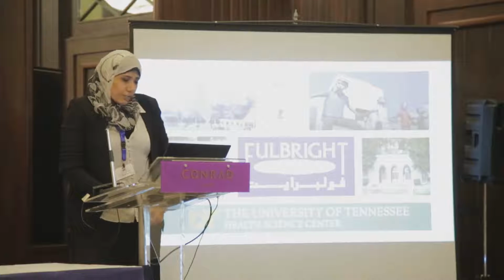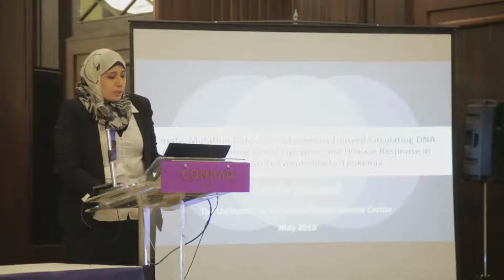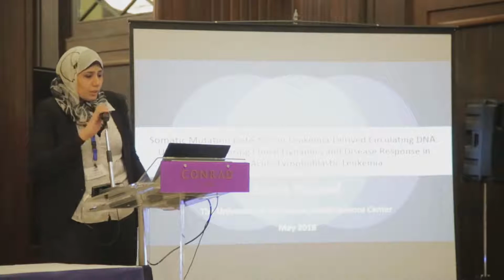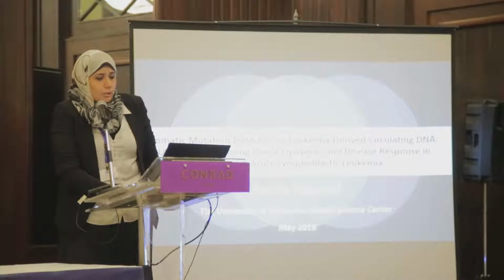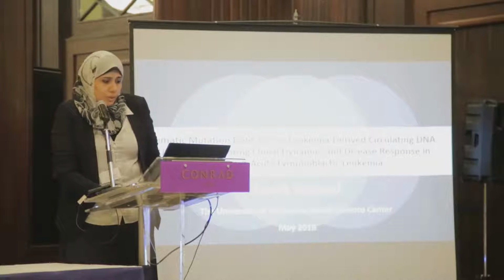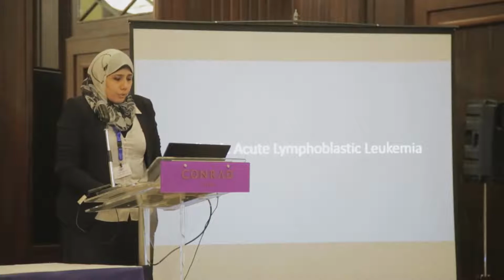So I will try to go as fast as I can, but it's a little bit long, so that's the thesis title. It's entitled Somatic Mutation Detection in Leukemia Derived Circulating DNA, and the aim was to test its utility in monitoring clonal dynamics and disease response in pediatric patients with acute lymphoblastic leukemia. In brief,